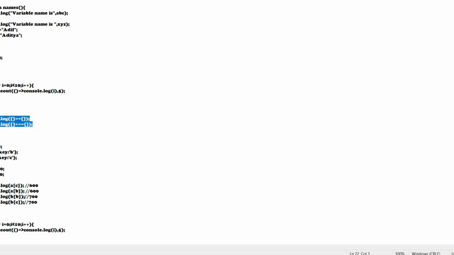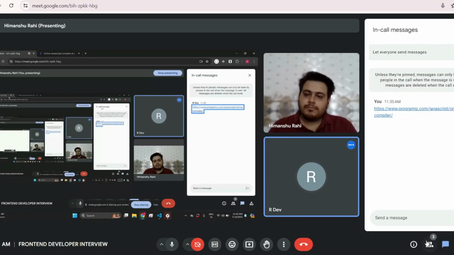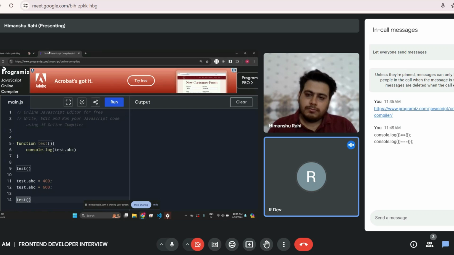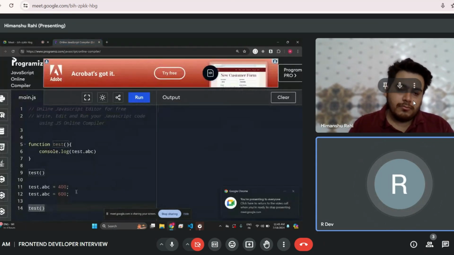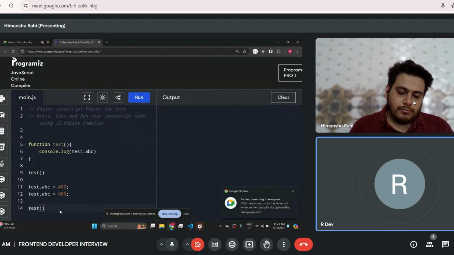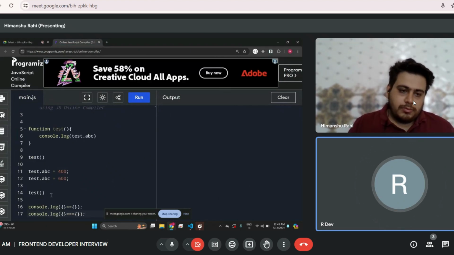Okay, tell me what will be the output of this. I'm sharing on chat. You can copy it down on the editor. Just tell me the output, don't run it. You can comment the above code.